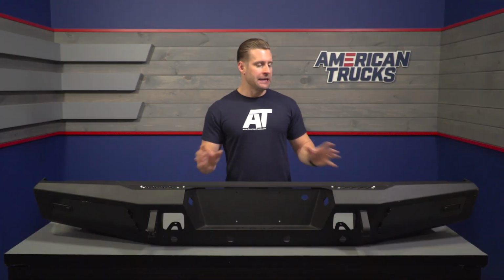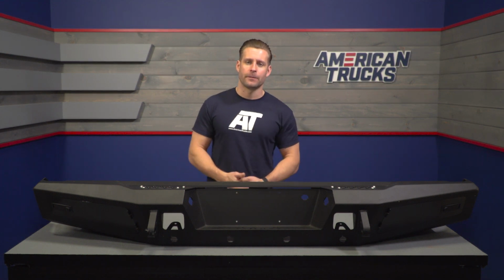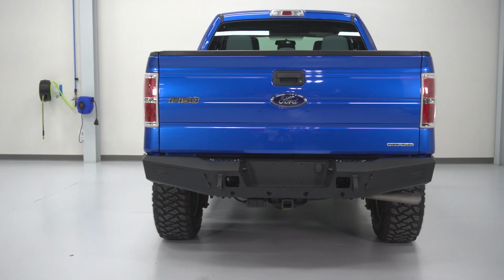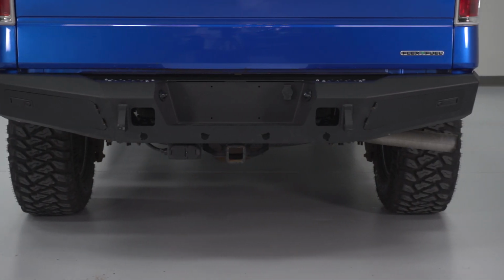And speaking of those materials, well, this thing is built like a tank. 3/16" plate steel again throughout, guys, hand welded both inside and out, and finally finished off in the company's hammer coat finish. Now, this particular option does feature the cutouts for those factory backup sensors,